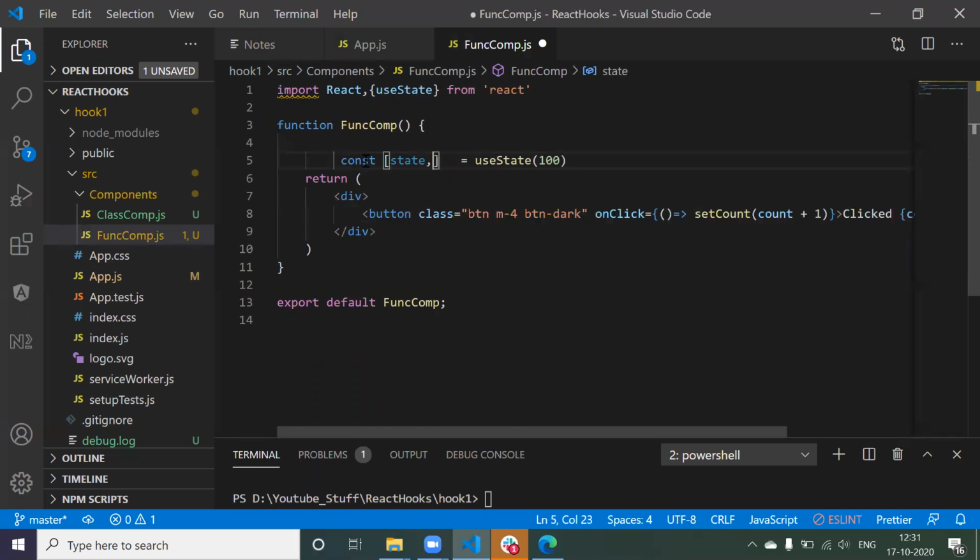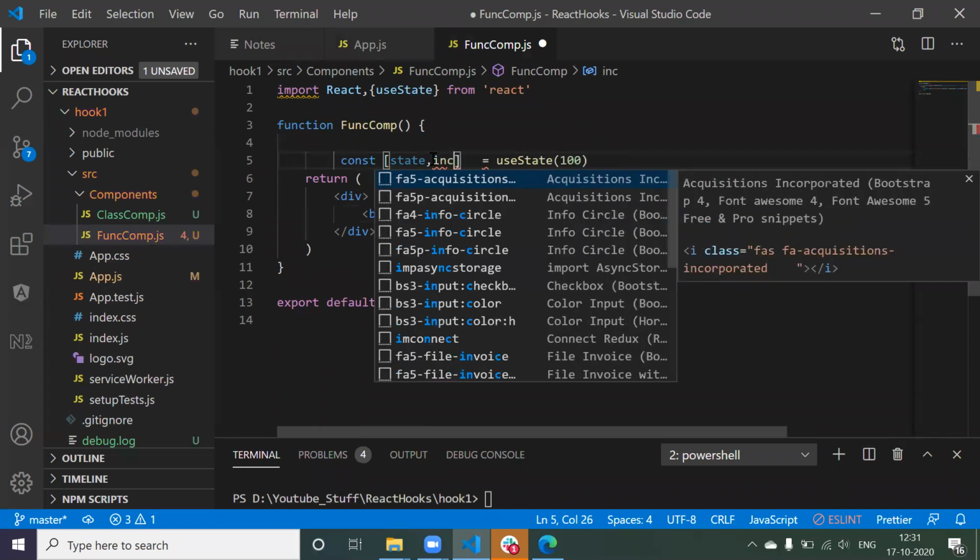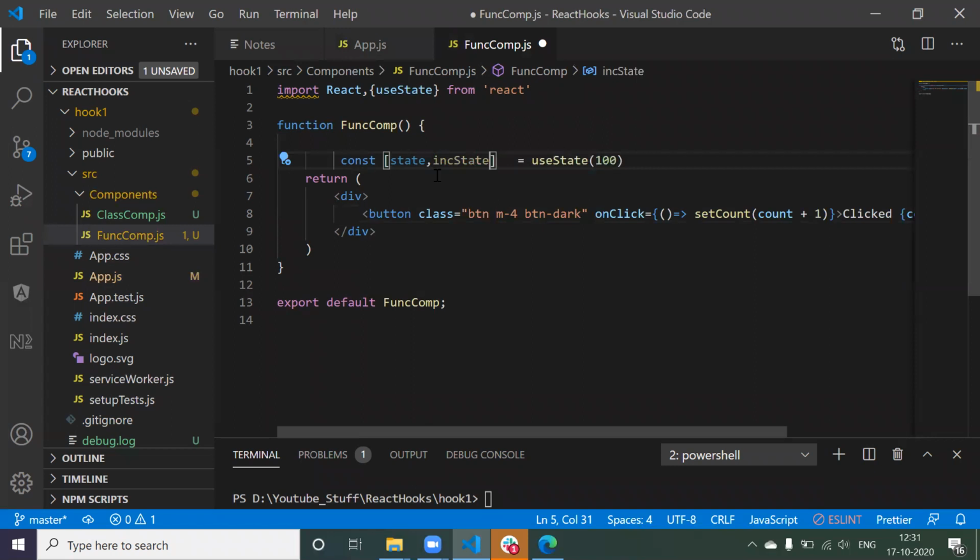Okay, fine. Now, if you wanted to update this state, you require one function, right? Now this useState is going to give one more function as well for you. So give your own name. So I'm going to say incState. So that's it. I can give any name, right guys? Now just I need to change the value from here.